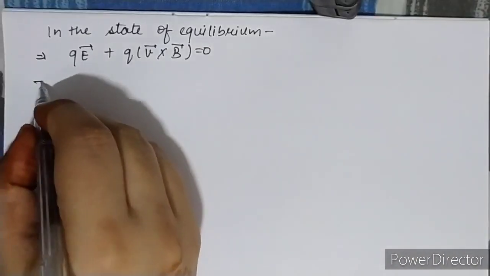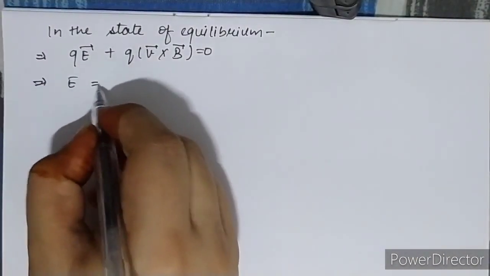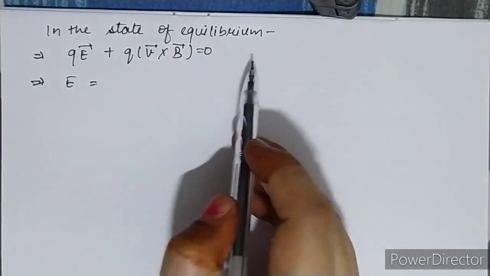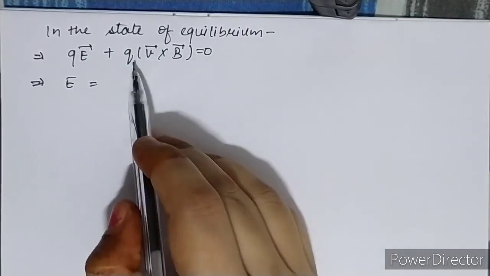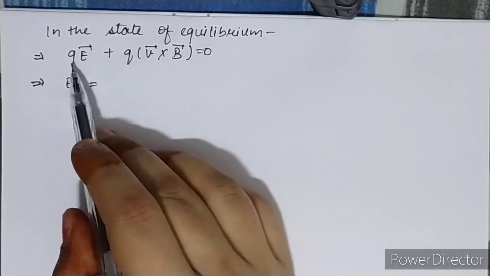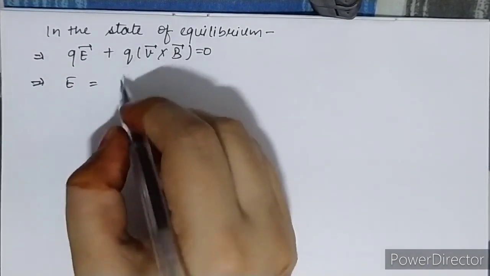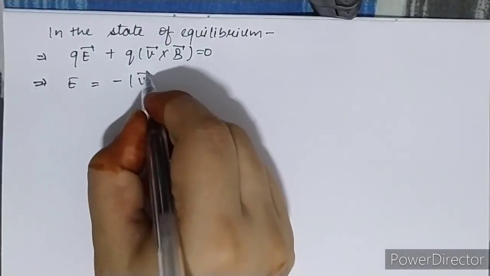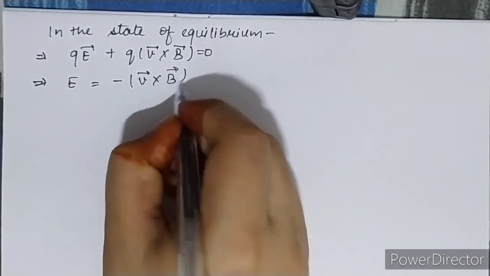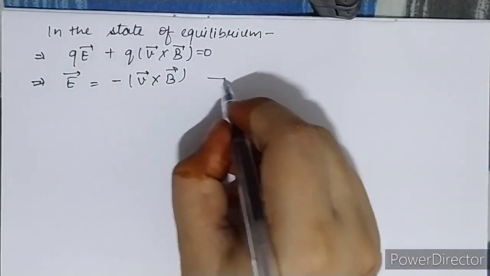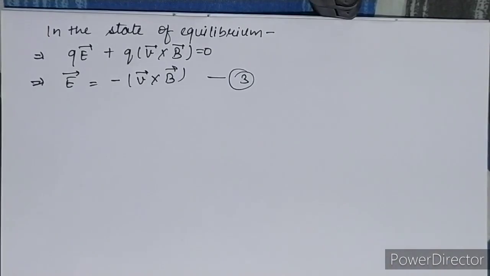This is the state of equilibrium, beta. Now from here E is equals to, I am just taking this to the other side, so it will be in the form of minus. q and q have been cancelled out, so E is equals to minus of V cross B. Equation number 3,